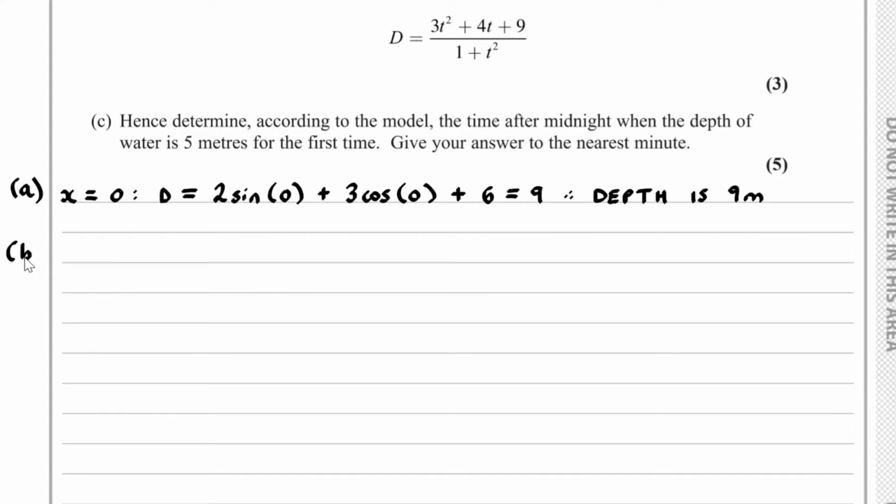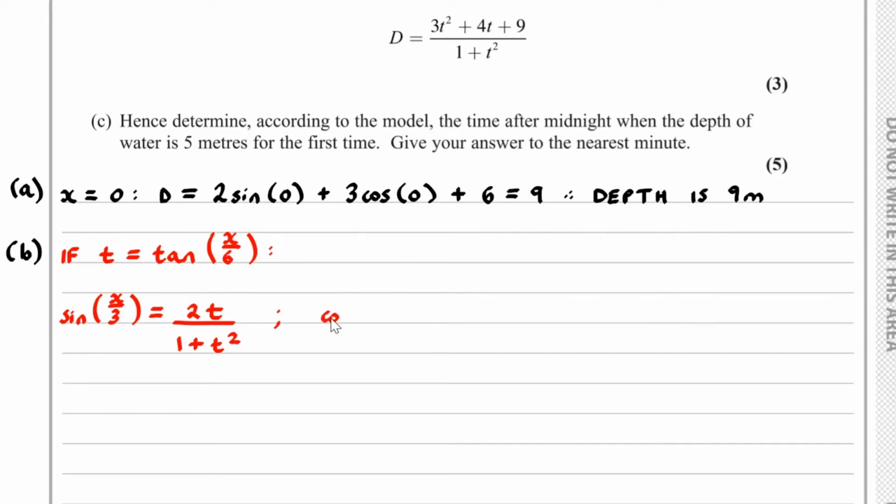Well, for part B, if t is equal to tan of x upon 6, then the sine of x upon 3 will equal 2t divided by 1 plus t squared,